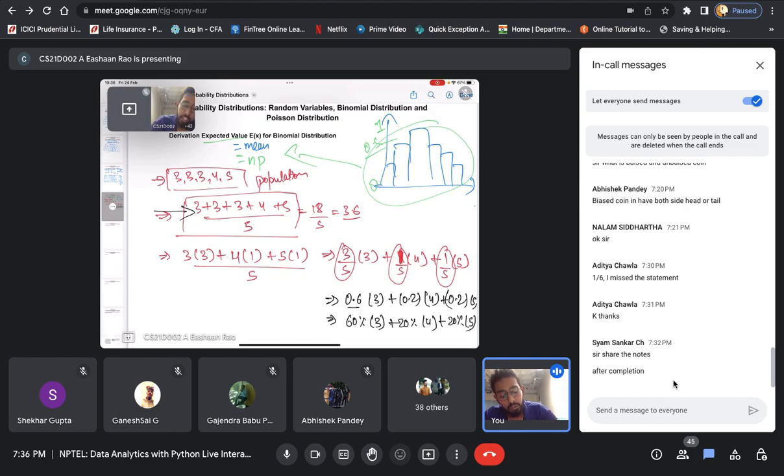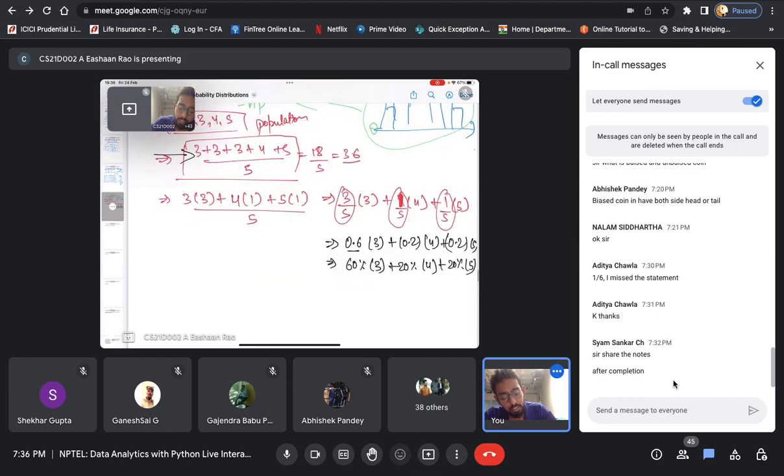And if you want to calculate the value of this, you will find the same mean that we got, 3.6. So for example, if I take 0.6 into 3 plus 0.2 into 4 plus 0.2 into 5, I will find that 1.8 plus 0.8 plus 1.0, I will get the 3.6 value. So value-wise I am not changing anything, I have just converted the same mean value into this format